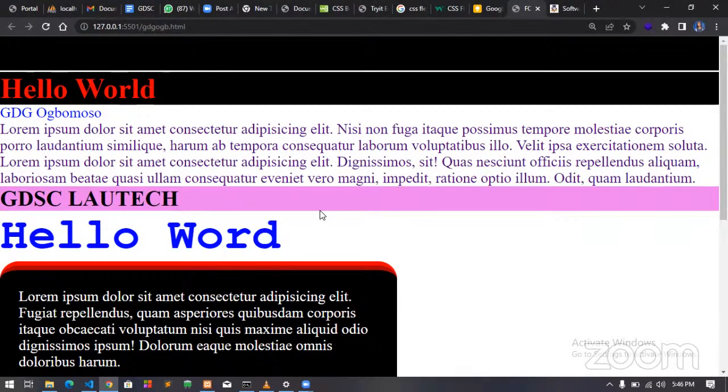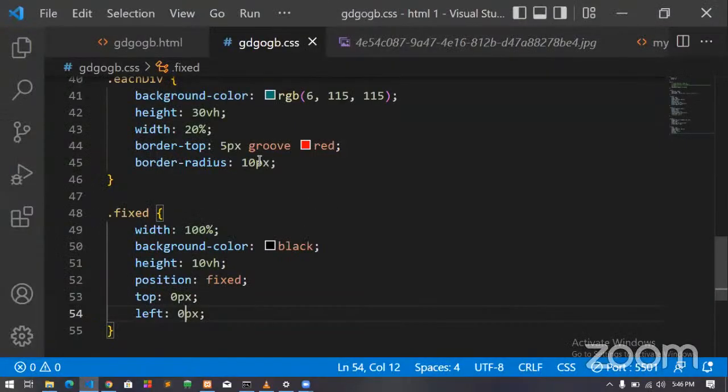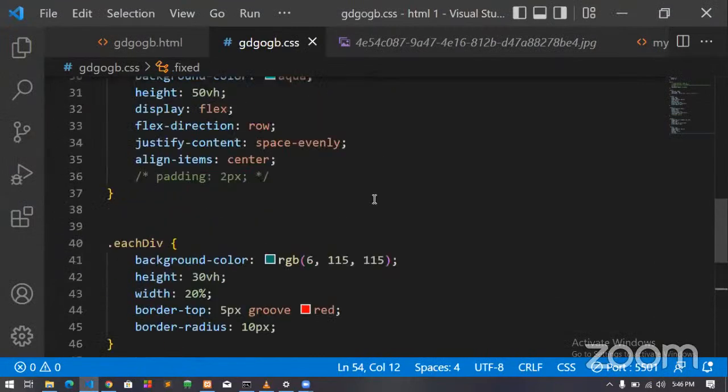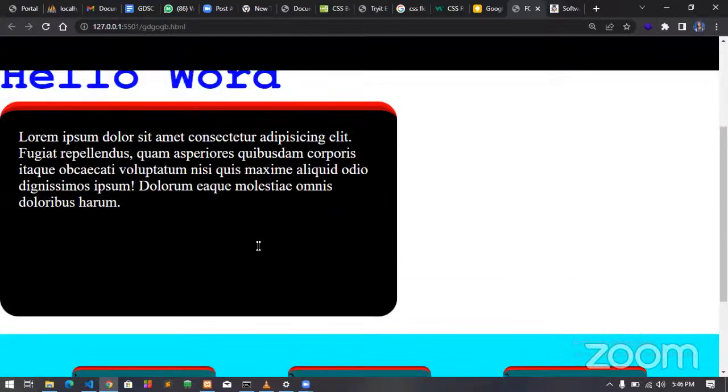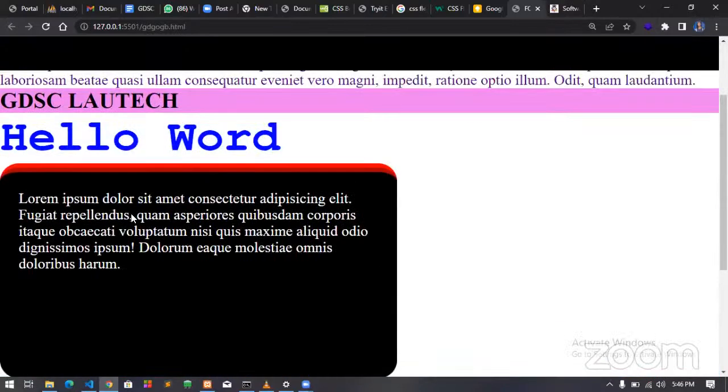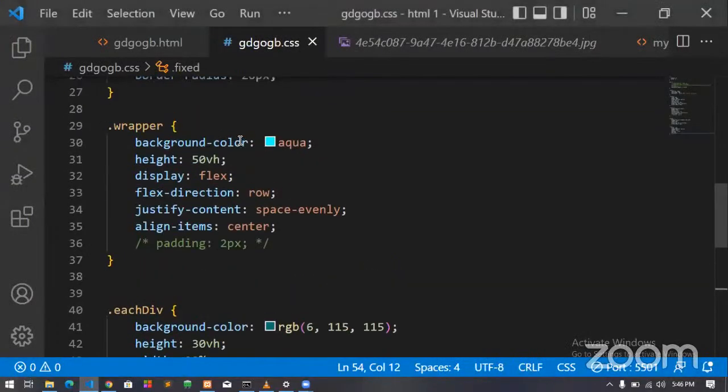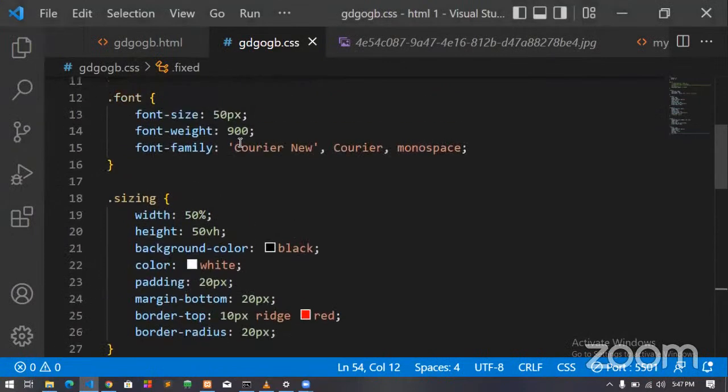So the last one I will be talking about is position sticky. Let me see, which div do we have now? Which div can I use? Okay, let me use this big div. This div is fine. This is the black background now. If I'm saying this should be sticky, what's the name of that div now?